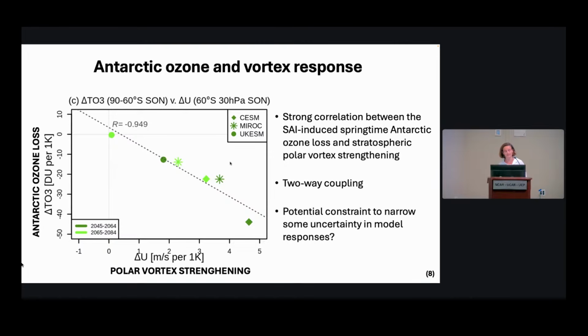So it's not just that the polar vortex strengthening drives Antarctic ozone reduction, but the Antarctic ozone reduction itself also causes polar vortex strengthening. So there's this two-way coupling, and the causality can't be fully inferred. However, this kind of strong relationship does offer a potential to hopefully help constrain some of the uncertainty in the